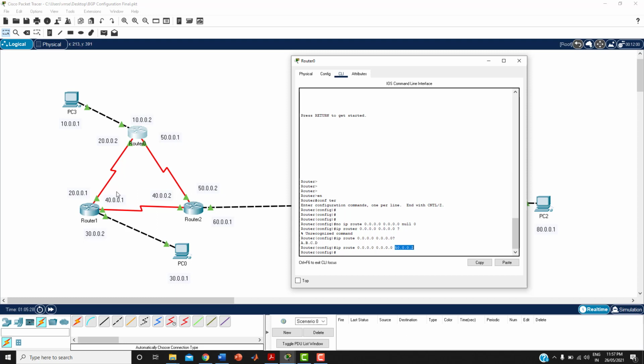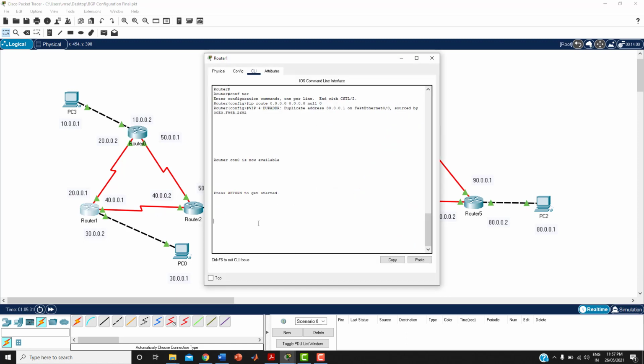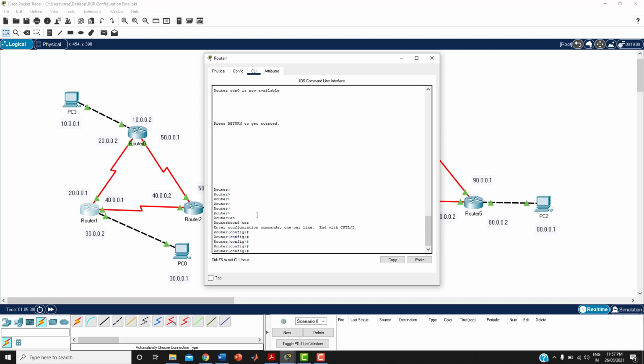Then let me go to the router 1. In the router 1 also we have to do the same step. We have to configure a default route. So enable, config terminal, ip route 0.0.0.0 0.0.0.0.